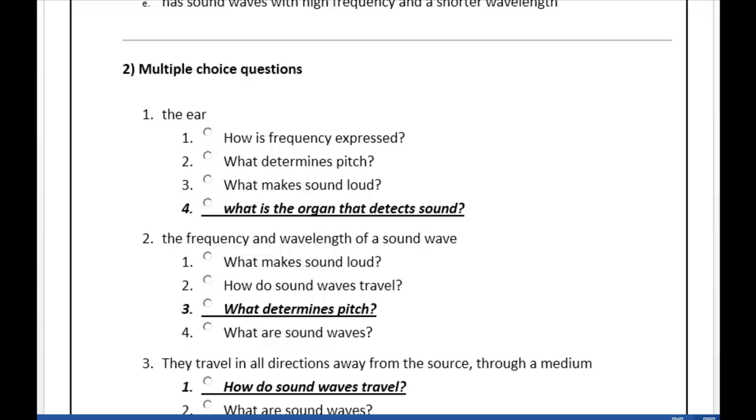Choose the correct answer. The ear. What is the organ that detects the sound? It is the organ that detects the sound. The frequency and wavelengths of the sound wave, what do they determine? The pitch. Number 3, they travel in all directions away from the source through the medium. It describes